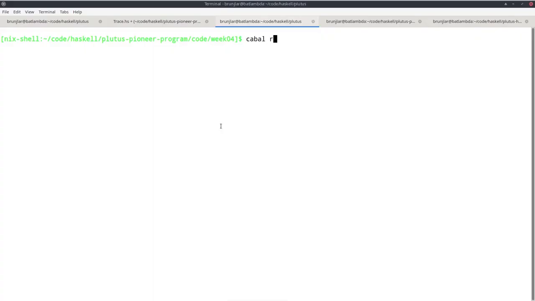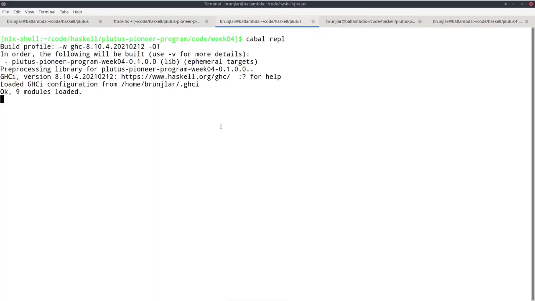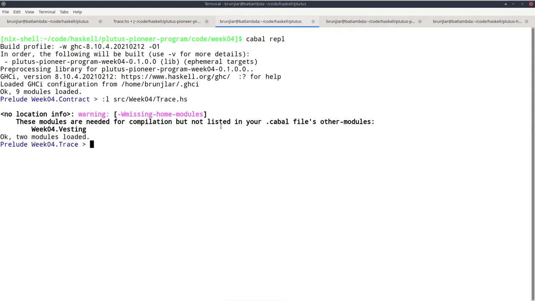If we go to the REPL again, load our module again, although that's not necessary, and import Ledger.Fee, and again Data.Default, and ask for fee config.